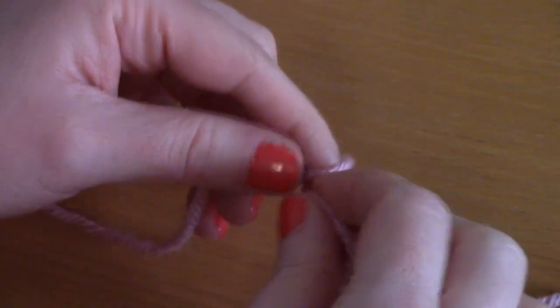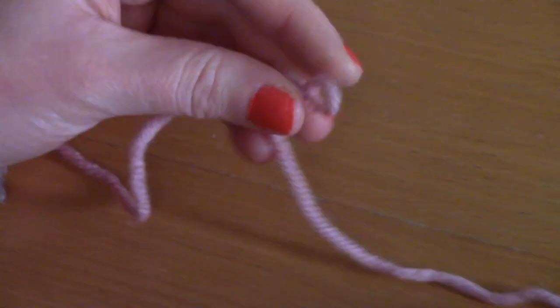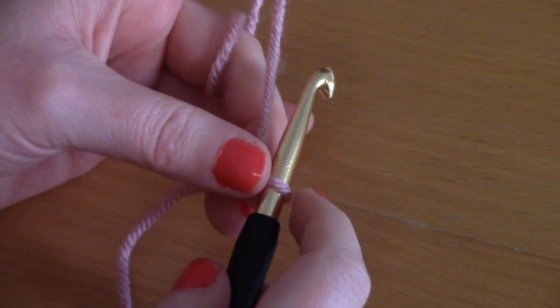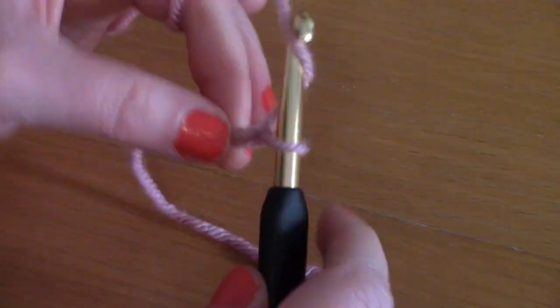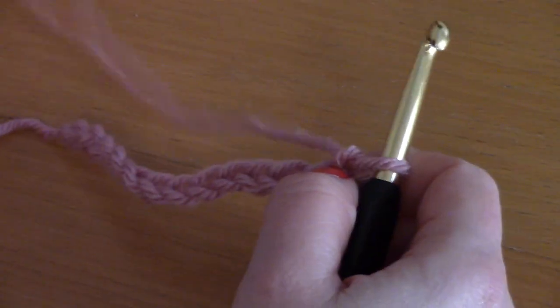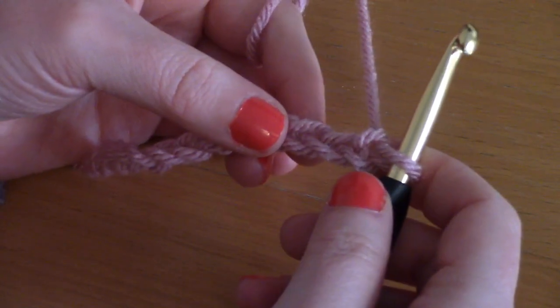So for this project, you are going to start by making a slip knot and placing your hook through the loop, tightening, and now you are simply going to be chaining 55. So just go ahead and chain 55. 1, 2, 3. So I've chained a smaller amount, but the principle is the exact same. So now that you've chained 55,